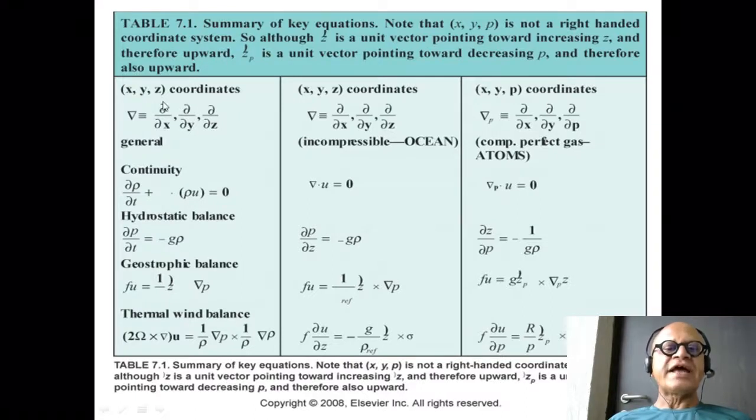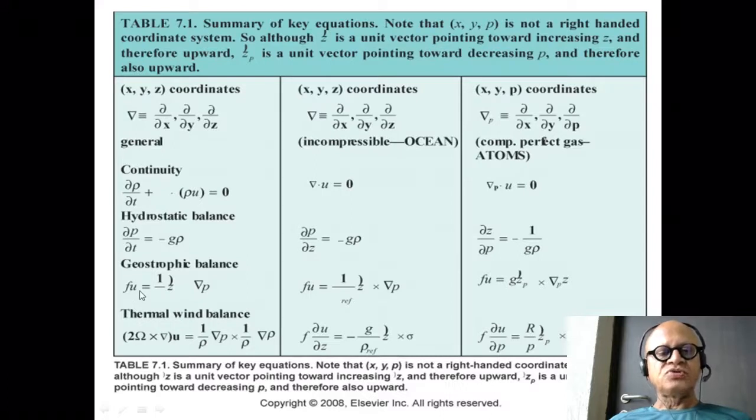So the equations we had, grad is d/dx, d/dy, d/dz, the vector. Continuity turned out to be d rho/dt plus grad dot rho u equals 0. The grad went missing here. Hydrostatic balance we derived was dp/dz equals minus rho g. You can see that this table has several errors or misprints or whatever. Geostrophic balance was